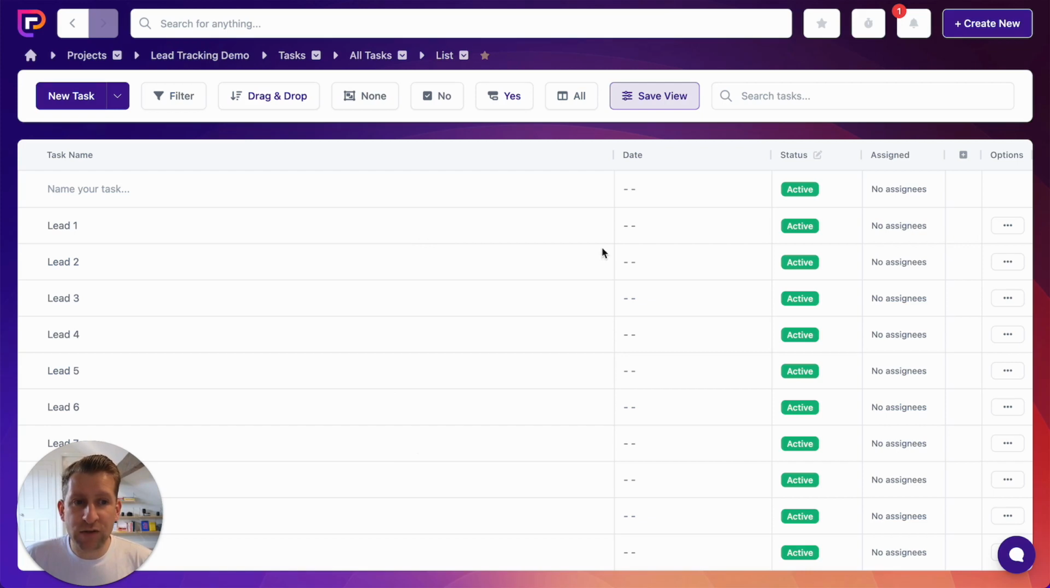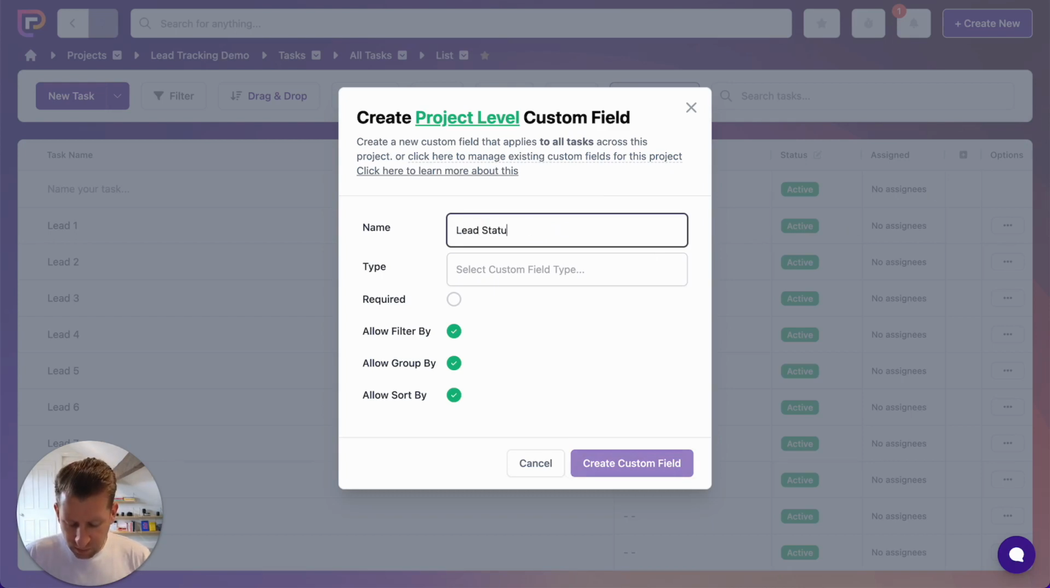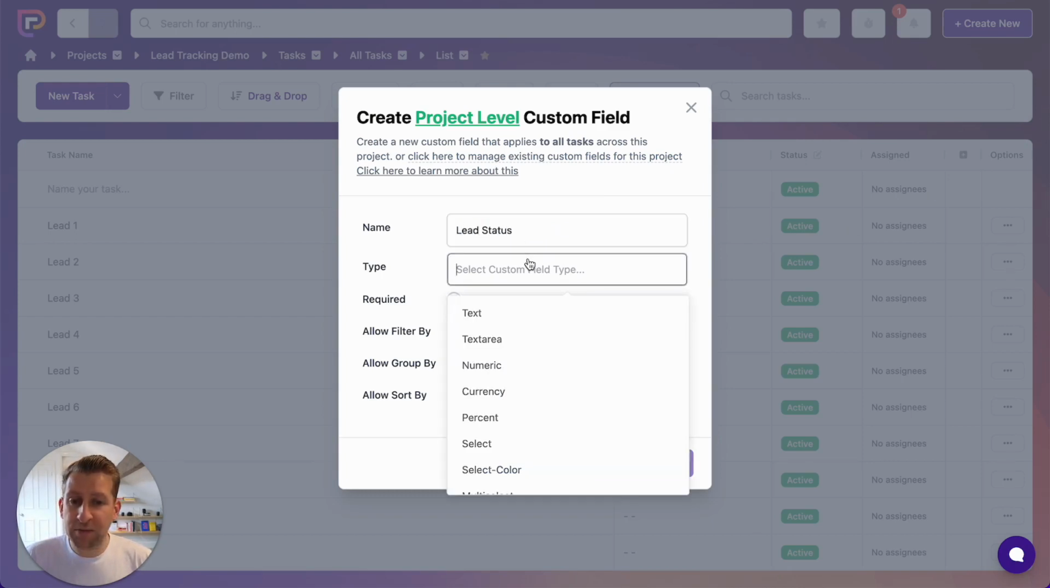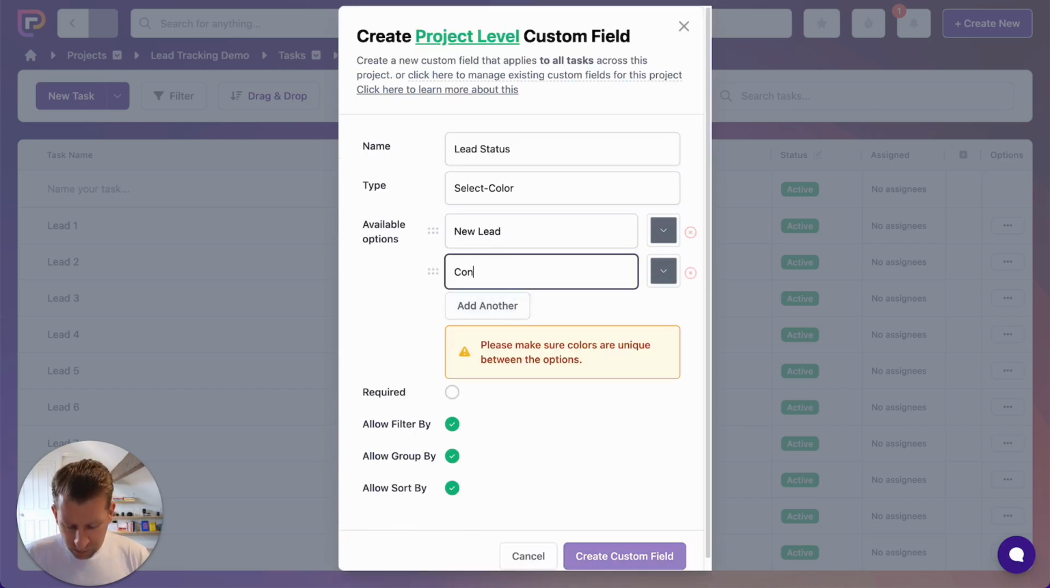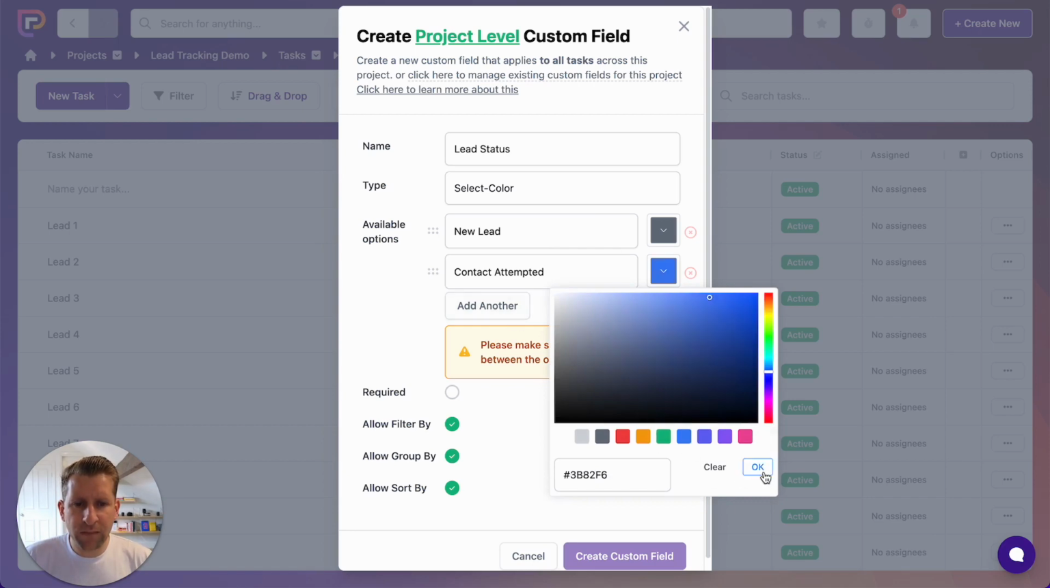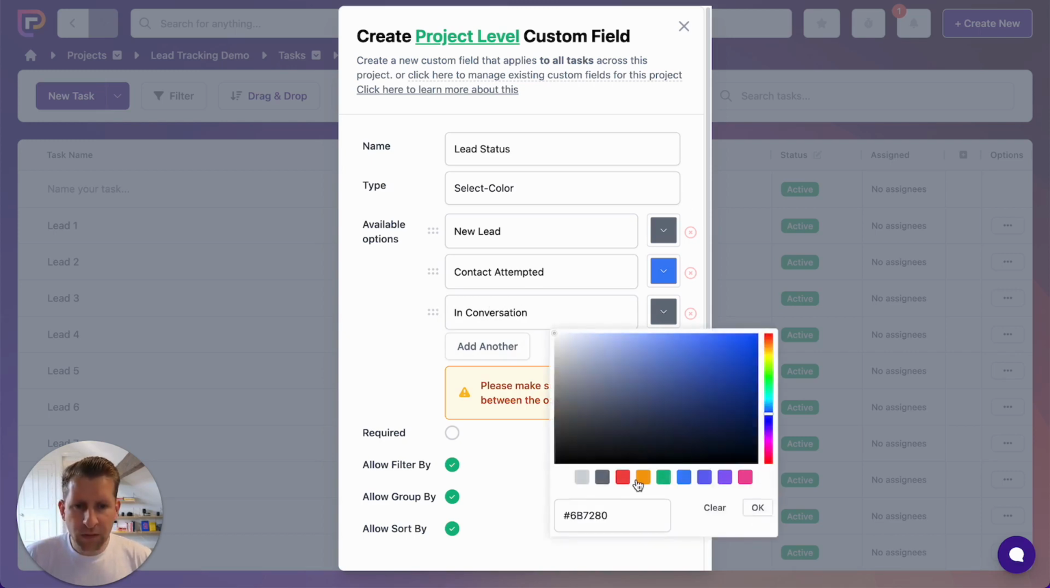So if I go to plus, and we call the first one lead status, and the type for this is going to be a select color. So let's add new lead, and we'll leave that on grey. We'll add contact attempted, and we'll give that a blue colour. We'll add in conversation, a yellow colour,